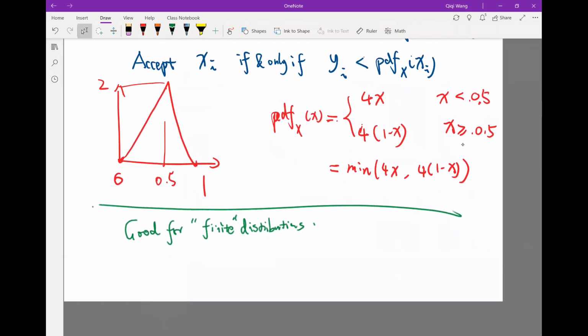It doesn't really work, at least naively, but for infinite distributions, such as exponential distributions,